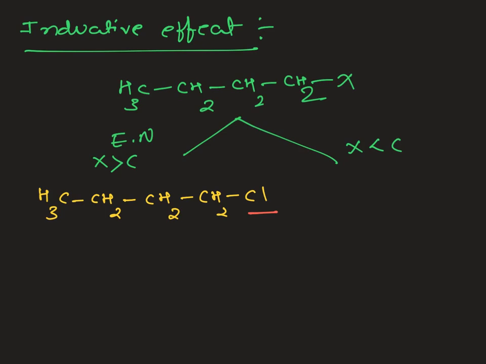You know that a covalent bond is formed by mutual sharing of electrons. Now chlorine is more electronegative than carbon. What will chlorine do? It will drag its bonded pair of electrons towards the chlorine side. As a consequence of dragging the bonded pair of electrons, chlorine gets a small negative charge, which we call a partial negative charge, delta minus. The carbon will get the same magnitude of partial positive charge.